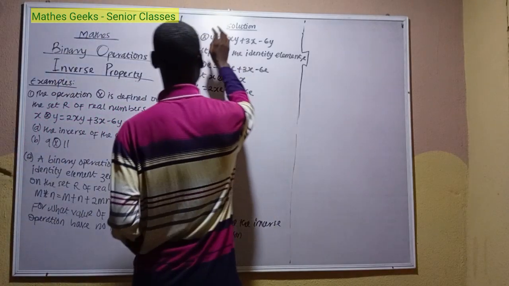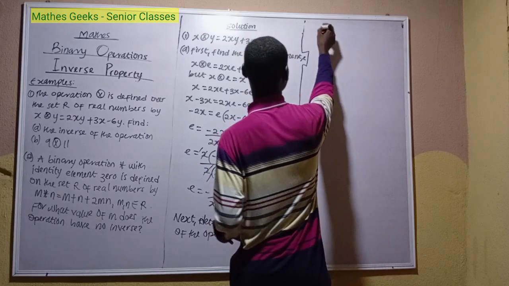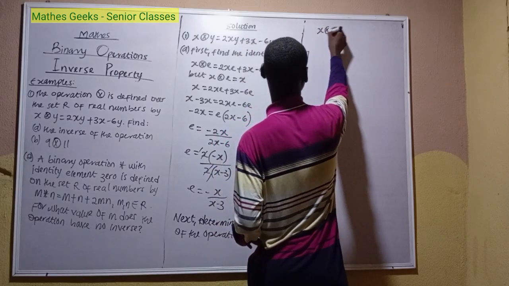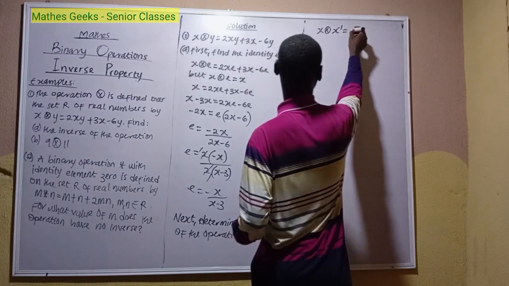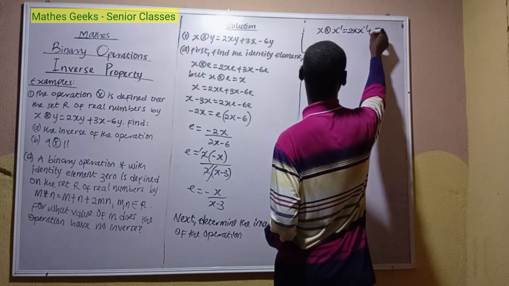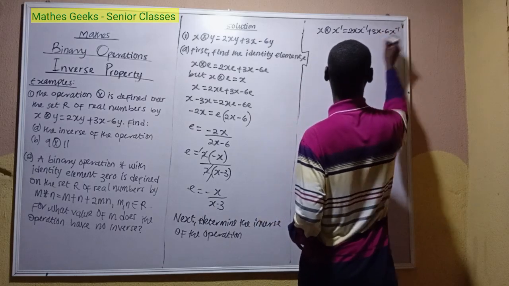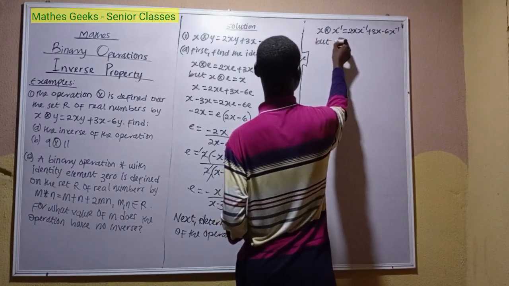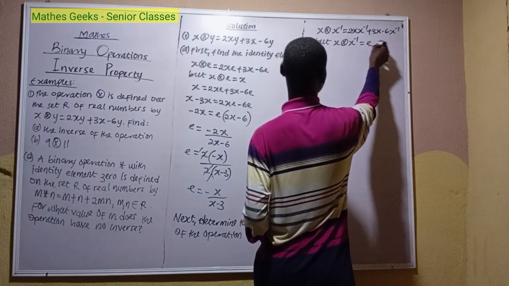So if that be the case, we'll replace y by x raised to minus 1. So this will give us x operation x raised to minus 1 equal to 2x operation x raised to minus 1 plus 3x minus 6 x raised to minus 1. We say that x operation x raised to minus 1 is equal to E,